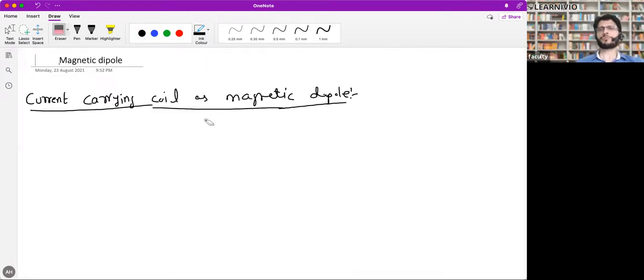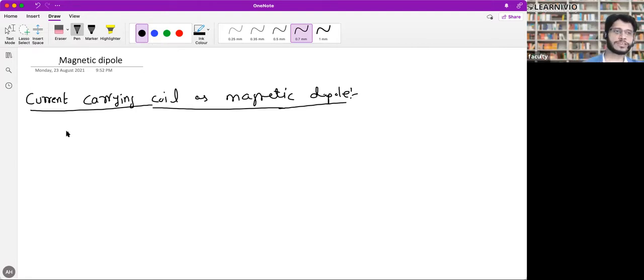So whatever source of magnetic field you have, it has to be a dipole, whether it is a bar magnet or a solenoid or any system. It's a dipole. It has a north as well as a south pole. In this topic and the following topics, we will consider a current carrying coil as a dipole, and you will see the results will match those of an electric dipole. We did the dipole moment of an electric dipole p. We did torque on a dipole in an electric field. Similar topics will come here.